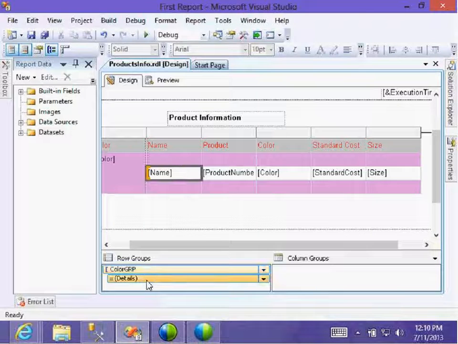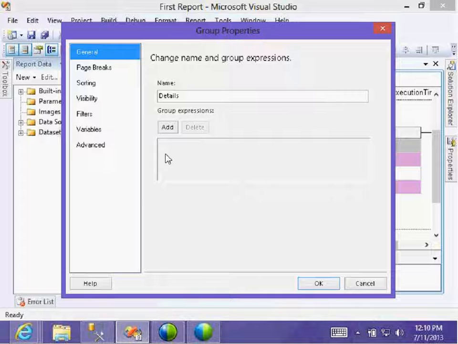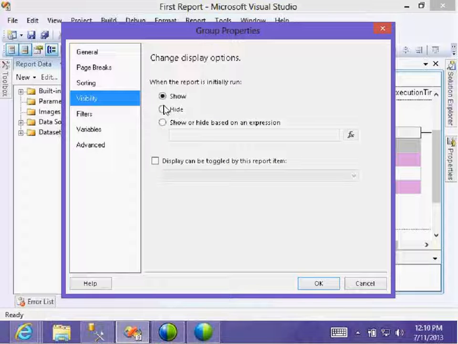This is the details. Select. If you select, the selection will be here. Go to right click, go to properties, details. Initially hidden. Initial details hidden.